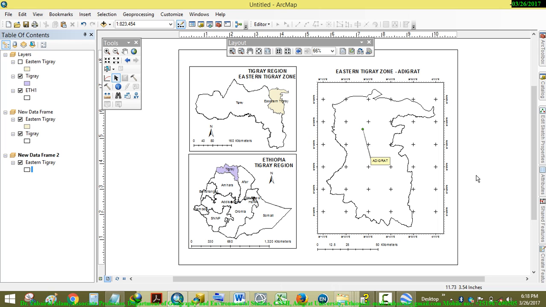Now almost everything is done here. We can take this north to this here. Okay, then finally we can export it as a map file, export map,